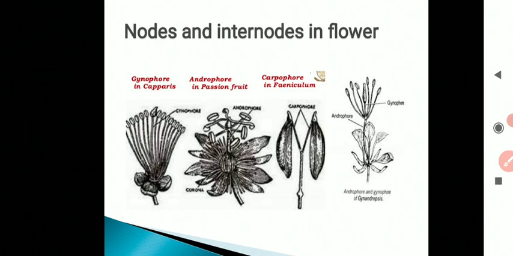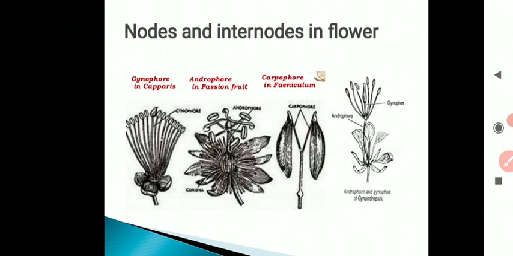In Gynandropsis, both androphore and gynophore are present together and known as gynandrophore or androgynophore, as shown in this figure here. In the last figure, there is an internodal region between androecium as well as presence of androphore as well as gynophore is observed, and such condition is called a